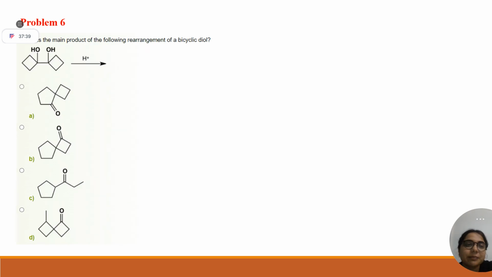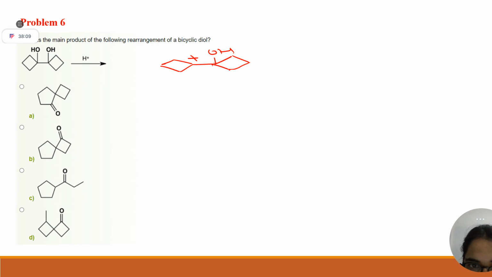Okay, another question of the same type. Since this diol is symmetrical, you also draw with me, okay, and check your answer. So the first step will be protonation of one of the alcohols. It will leave as H2O and will form a carbocation here. This step is clear. Clear, na, students? Yes, ma'am. Clear, clear. Now what will be my next step?